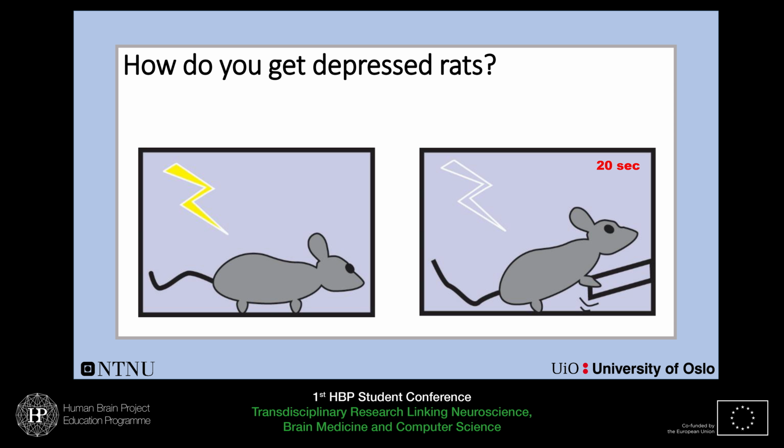They were put into a box where they got random inescapable foot shocks. And after that, they were put in another box where they could escape those shocks if they wanted to by pressing a lever. And if they didn't do that within 20 seconds, this was counted as a failed trial. And if they failed more than 10 times out of 15, those were called helpless, and those showed depressive symptoms. And if they failed less than 5 times, those were more resilient. And those two groups were bred for at least 30 generations, so that you had 2 different strains.